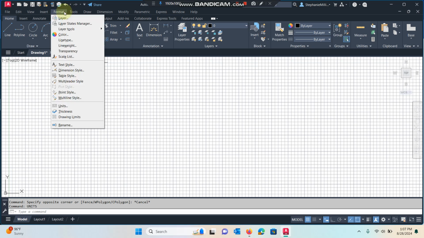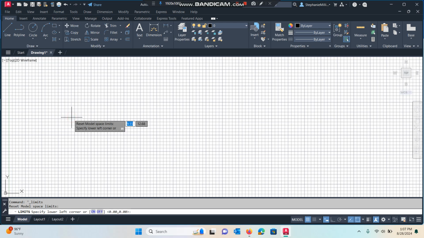So again, if you went to format, you would see this thing called drawing limits. If you typed in limits, you'll see that in the options. So what we're doing is we're saying on our screen, let's say we only want to work in this space or limited space. The lower corner is what it's asking for. So I'm going to say 0, 0, and hit enter. Then the upper corner, so what size paper is this? So we said 8.5 by 11, but we want to think in terms of paper laying in landscape position. So that actually means the longer dimension is the horizontal or the X. So 11,